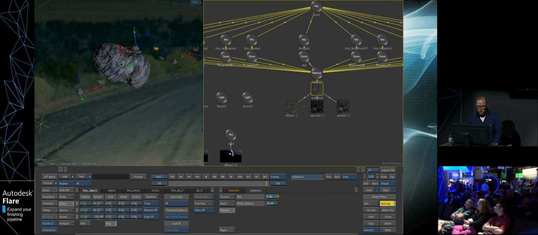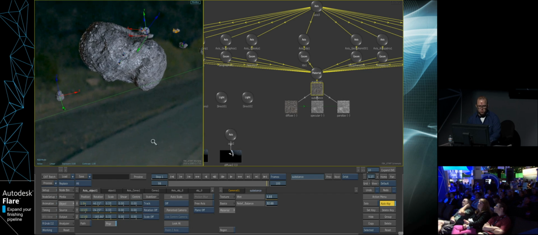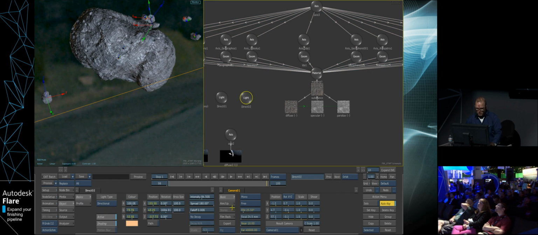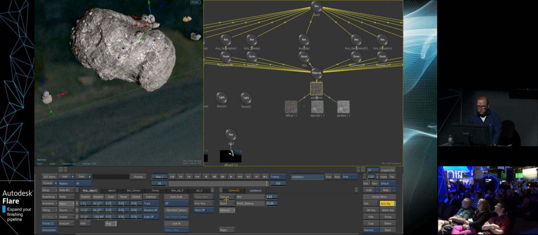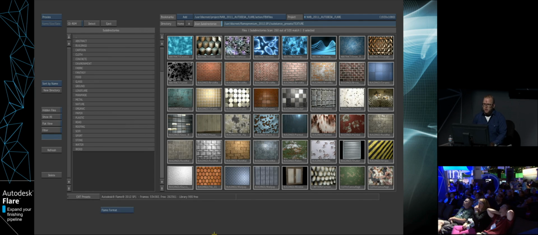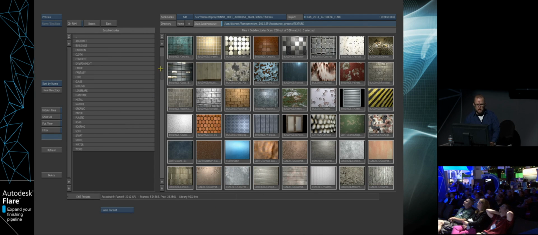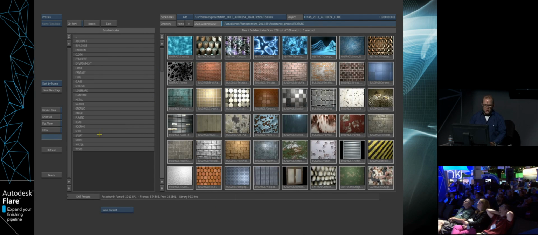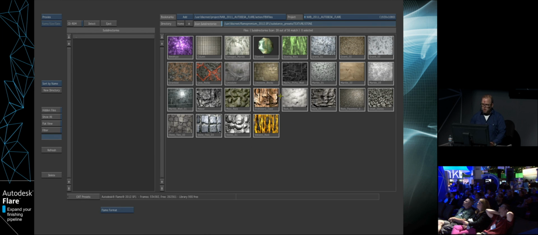So, for example, I can adjust the overall look of this if I want. Let me just zoom in a bit more on my rock. Of course, the lighting is all the more powerful when you have actual geometries to work with rather than models. But I can even come in here and actually just completely replace my rock. So I might just scan all the libraries that I share here with the 3D animation applications and pick one that works better for me. So I might just take this